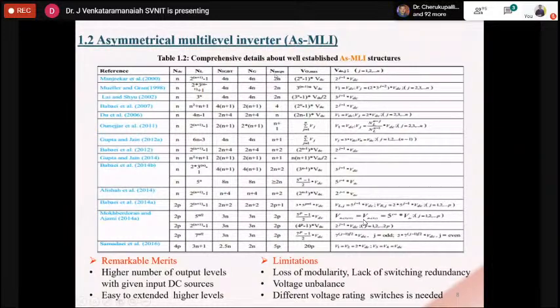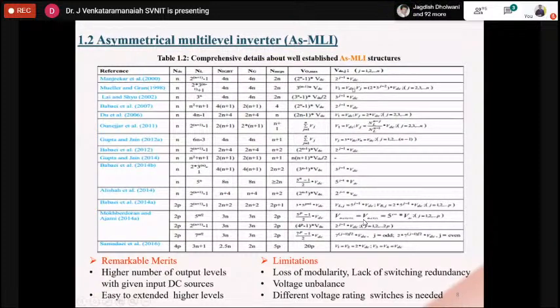So when current path is there, in each path, some number of switches have to be connected. All switches won't connect. So how many maximum number of switches are there in current path at any instant of time? So this you have to see, and this is the maximum number of levels as in symmetric MLI, and this is a selection of DC sources, how each author has chosen when they are designing their own